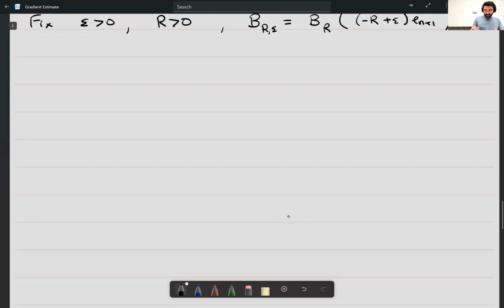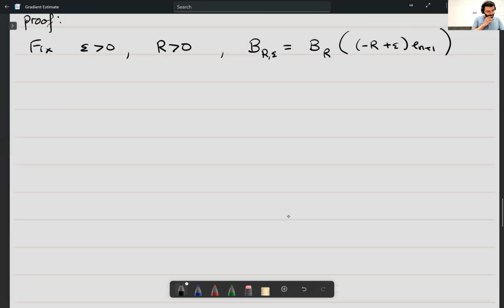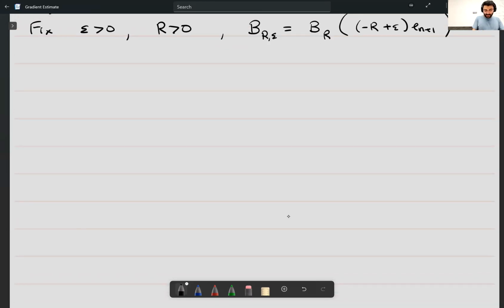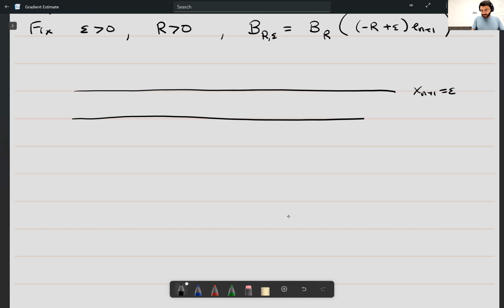Okay, so then I'll just draw that. Here is x_(n+1) equals epsilon, and here is x_(n+1) equals 0. So basically it's something like this,